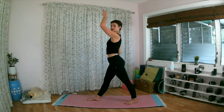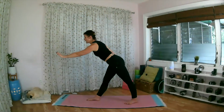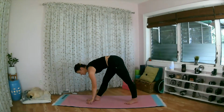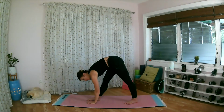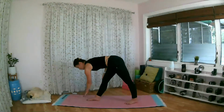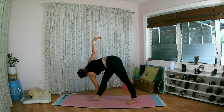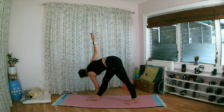Turn your feet to the right side again. This time we're turning our torso, bring that left hand up. On an exhale, fold forward and bring your left hand down next to your foot. If you want to place a block under your hand, you can. If you're a little extra bendy, take your left hand next to your pinky toe side of your right foot. And I'm going to turn and look all the way up, reaching the right hand up and twisting gently back